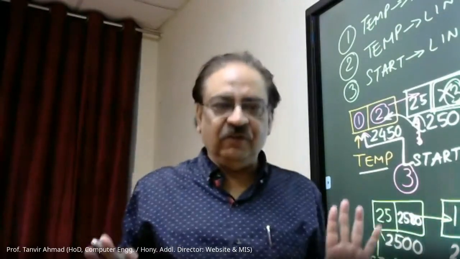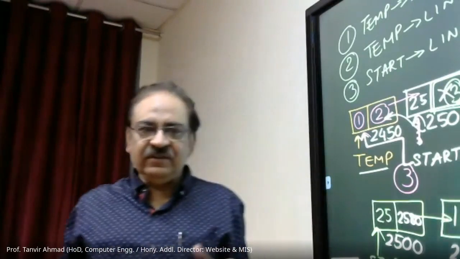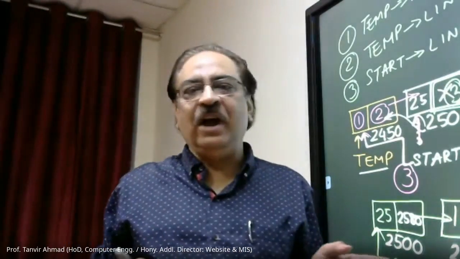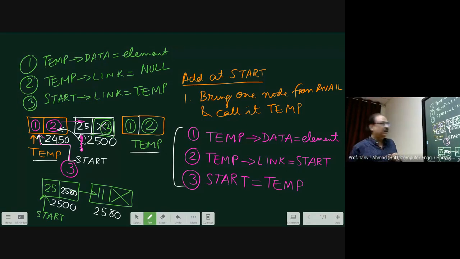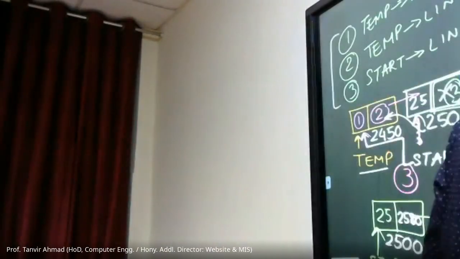Now, is this clear to all of you? That means how I am going to add at the start, how I am going to add at the end. Now, this 1, 2, 3 over here, what I am writing is corresponding to the 1, 2, 3 which I wrote in the example. And similarly, this green one, 1, 2, 3 is the one which I am writing over here with the green ones. Therefore, all those green ones are for the add at end, and all this pink one is for add at start. Now, if you are going to do it, say n number of times, your linked list will become something like this.